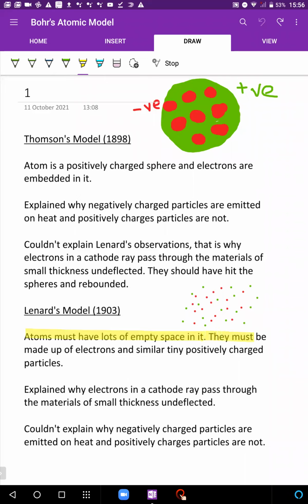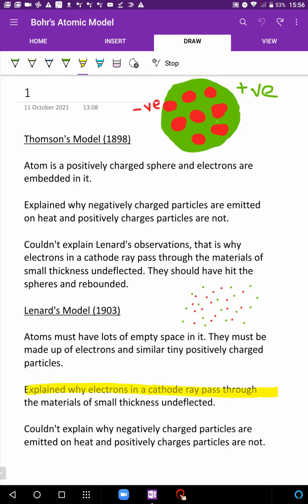So he said that therefore they must be made up of electrons and similarly tiny positively charged particles. So ultimately this was the model. So he did solve the matter, that yes, a body should have a lot of empty space in it. But where did he mess up? He messed up in the fact that what Thompson had said